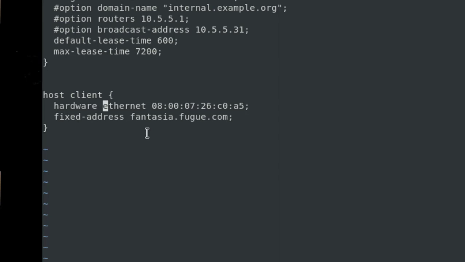This is where we need to give the hardware Ethernet MAC ID. Because I've not yet copied it, I'm going to copy and paste it in this place. And this fixed address is what we need to give, that is, as I told you, 192.168.25.20 is what I'm going to give. Or if you want to give it as 15, you can give that.